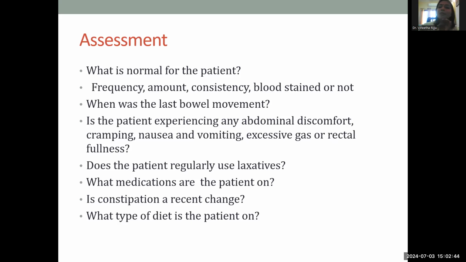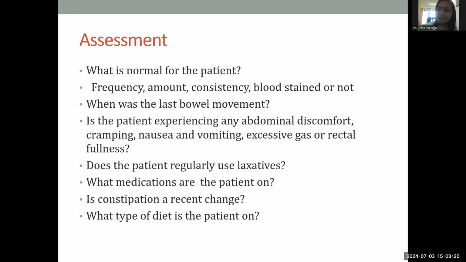Now, is the constipation a recent change? When you are dealing with oncology patients and cancer patients, when the patient tells you that there is a change in the bowel habits, is it a recent change? You could be looking into something new over there, which may warrant further investigation. It could be some colonic deposits or some pelvic tumors, which in turn are leading to constipation. So be careful not to miss that.